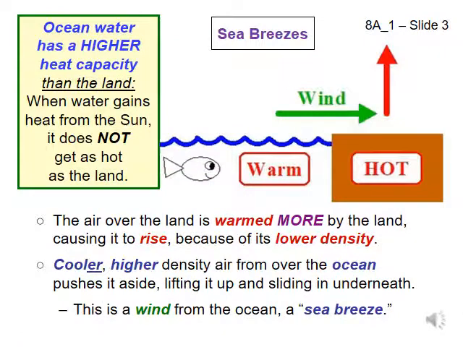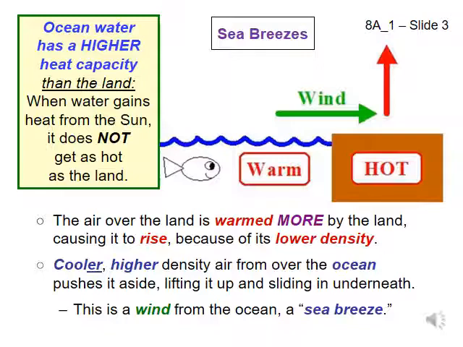Slide 3. Sea breezes and land breezes. You might be wondering why some places on the earth become warmer than others. A classic example is sea breeze. A sea breeze results from the difference in the heat capacity of the land and water. See Unit 4A-3 for more information about heat capacity. Both the land and ocean are warmed by the sun, but the land becomes warmer than the water owing to its lower heat capacity. When water is heated, its temperature only goes up a little bit.